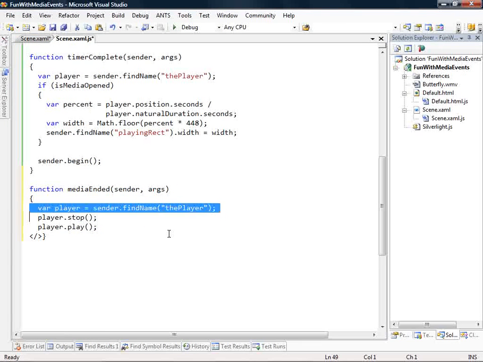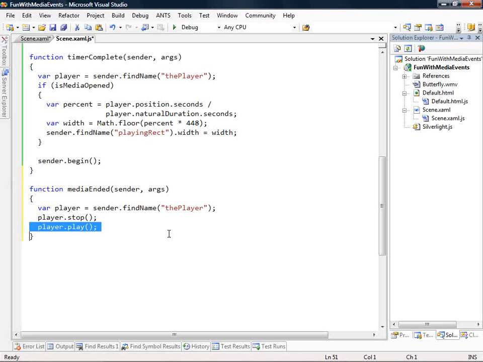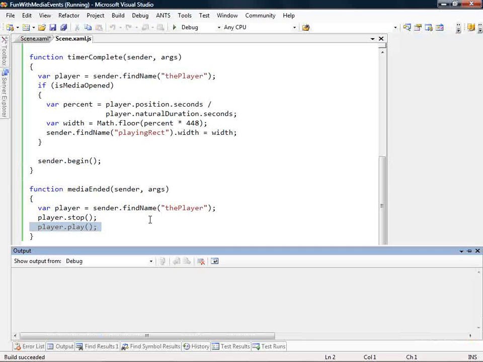Here all we're doing is we're getting the player. And then we're telling it to stop and then play. Now the interesting thing about play is that play always starts from the position it's at. So when the media plays, it plays all the way to the end, and the position is stuck at the end. So we have to have a way of setting the position back to the beginning. We could change the position seconds to be the beginning, but the easiest way to do this is actually to tell the player to stop. Stop resets it back to the beginning of the video, and then play tells it to start. So by doing this,